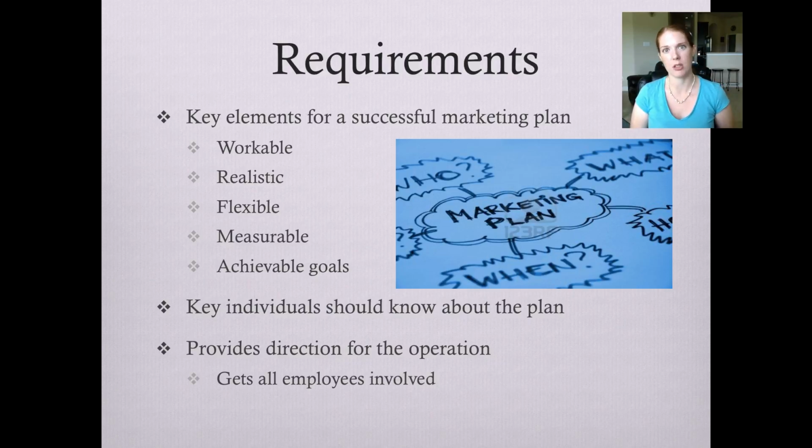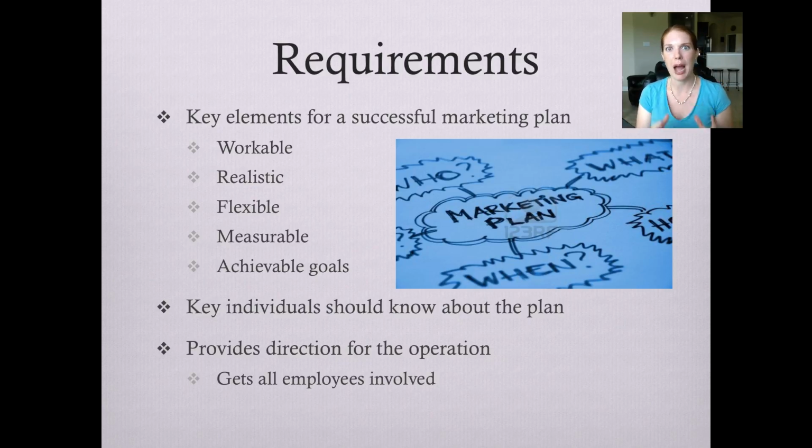First of all, it needs to be workable. What that means is that you don't want a marketing plan that's 200 pages long, because realistically, who's going to read a 200-page marketing plan? It's just not workable. So it has to be just the information that someone needs to be able to accomplish the goals that you're outlining. And we'll talk about exactly what those goals are, those objectives, the strategies, and how you put them together. But it has to be put in such a way that someone could read this, someone could work from it. It's something that I could maybe take and make my own. So it has to be workable first and foremost.